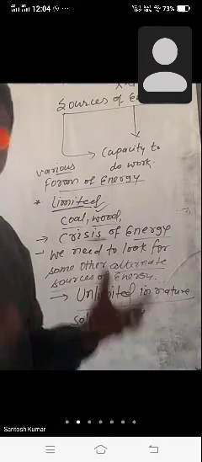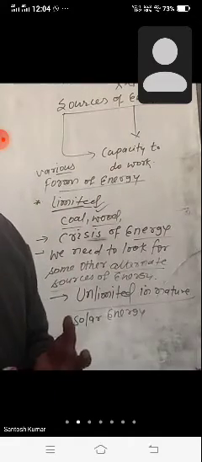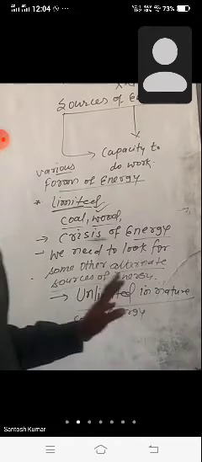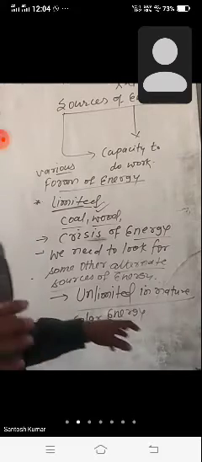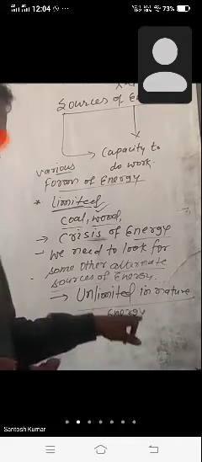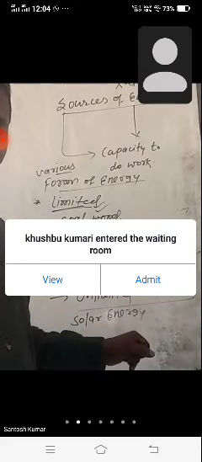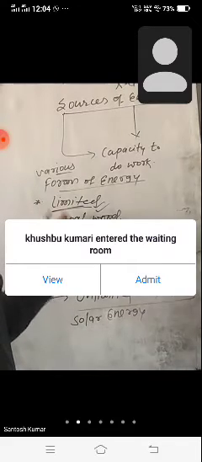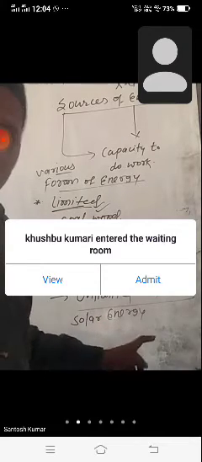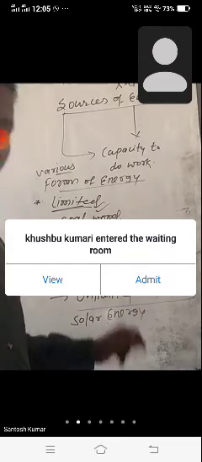Any amount of solar energy, heat energy from the sun or light energy you can use, it will not be finished. So any amount of the solar energy can be utilized, and nowadays we are saying that by using some devices like solar plate, solar cooker, solar cell, we are harnessing this solar energy provided by the sun. So this is unlimited. So instead of them which are limited, we need to use them, because one more advantage is they are eco-friendly. That will not cause any pollution, and they are free of cost also.